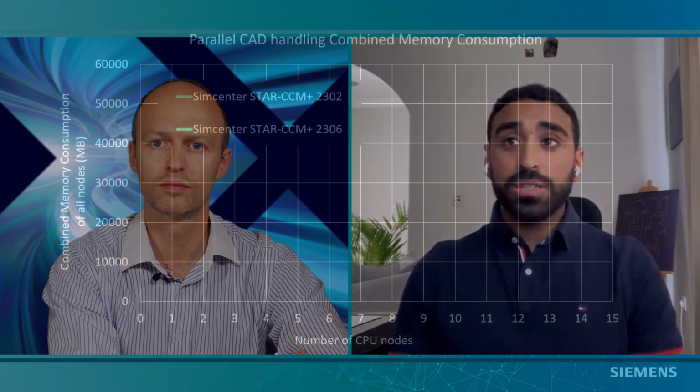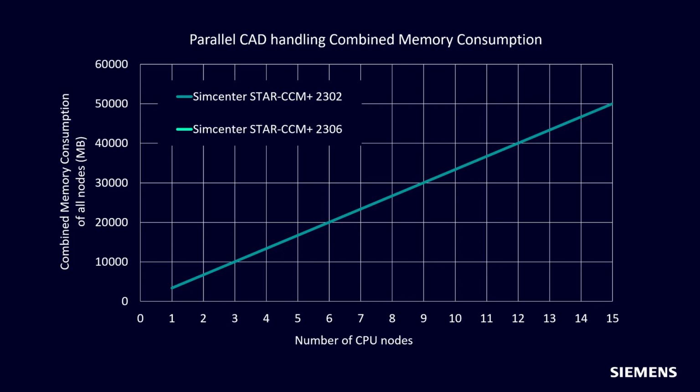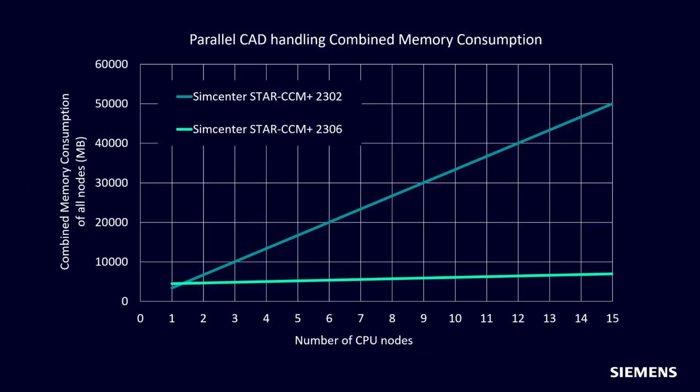So how does the memory consumption change in 2306 compared to the previous versions like 2302? Well, to answer that, we can look at a plot of one of the example models that we tested in the development process. We're comparing the previous releases to 2306. We can clearly see that there's almost no increase in the total memory consumption across the nodes in comparison to the previous versions, where with each node used, the memory consumption would linearly increase. And that makes sense, right? In the previous version, for every extra node and processor you use, the geometry will be copied and live on that node as well. Now it's only going to be referenced on those nodes and instantiated on the main node.